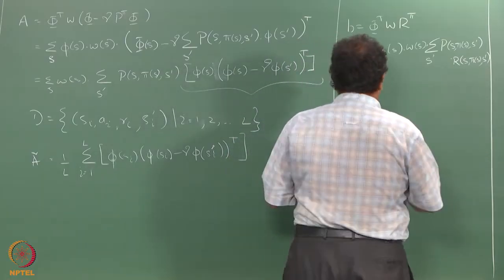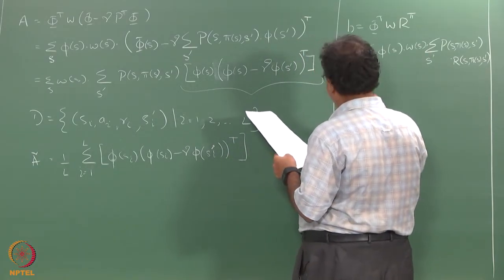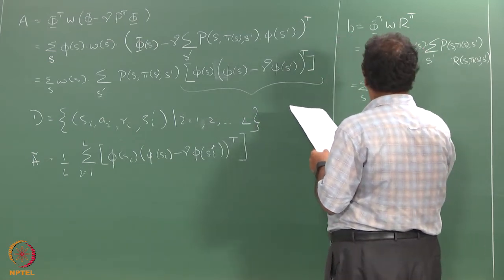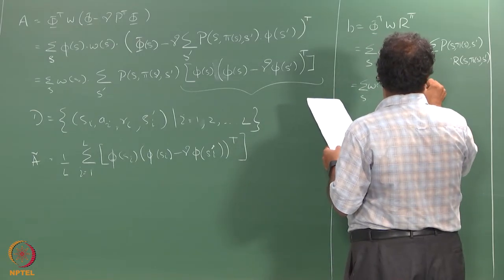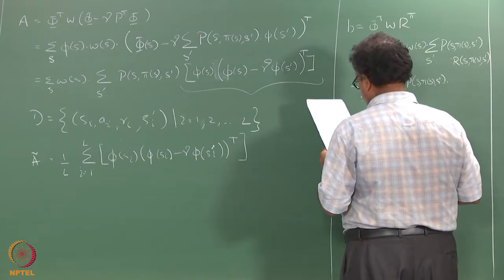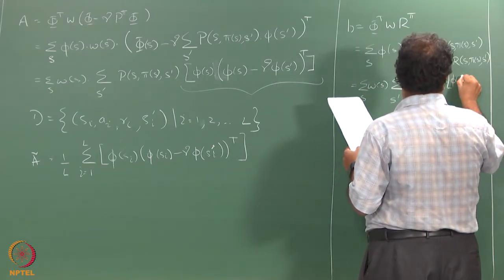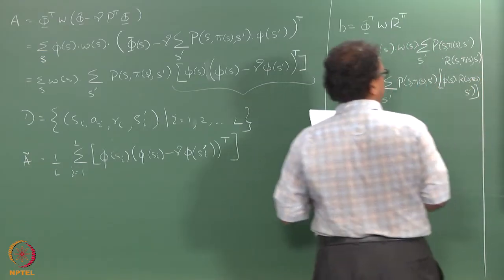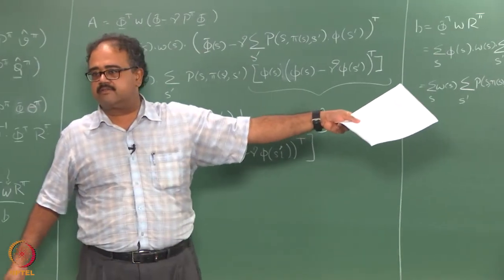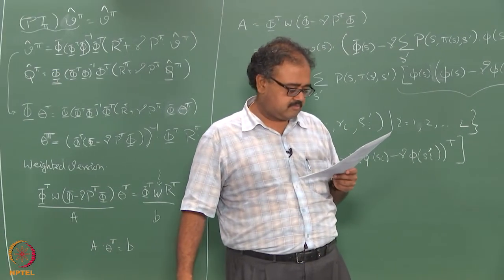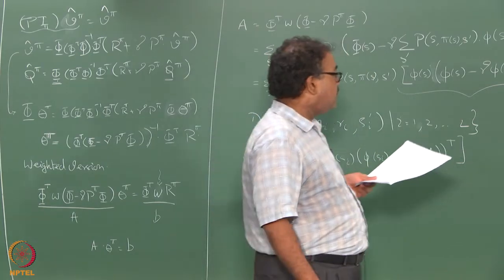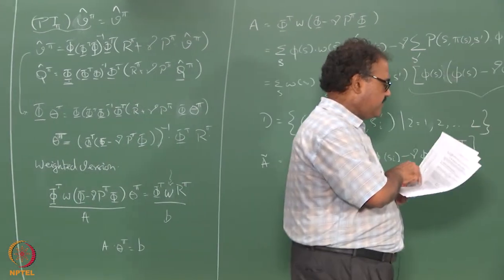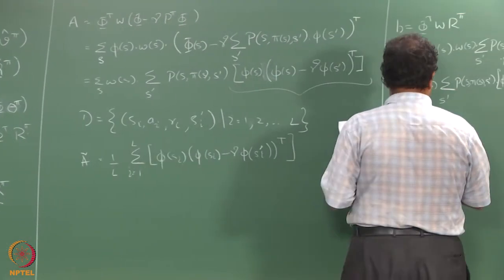Okay. And I can do the same trick that I did last time. I took the phi inside. Right. So just like last time, I have taken the phi inside. So what I can do now is the same thing that we did earlier for A. So I can write B tilde as